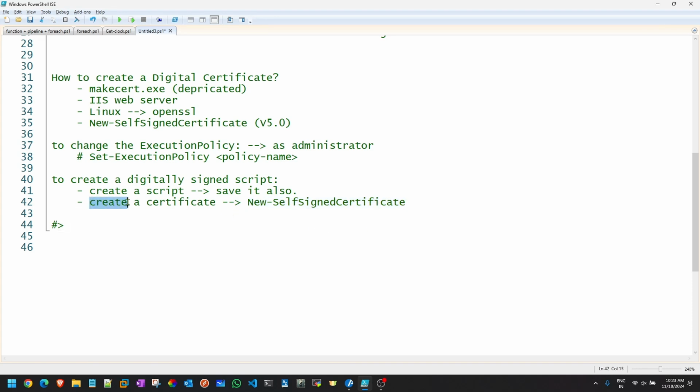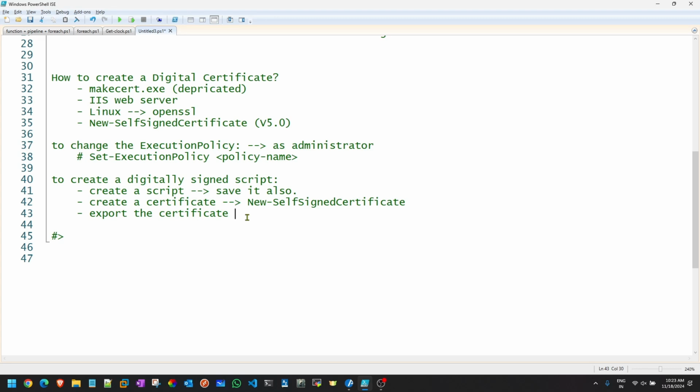So here we will be creating the certificate with the command called new self-signed certificate. Once it is created, it will be of no use until and unless you export it. You have to export the certificate.